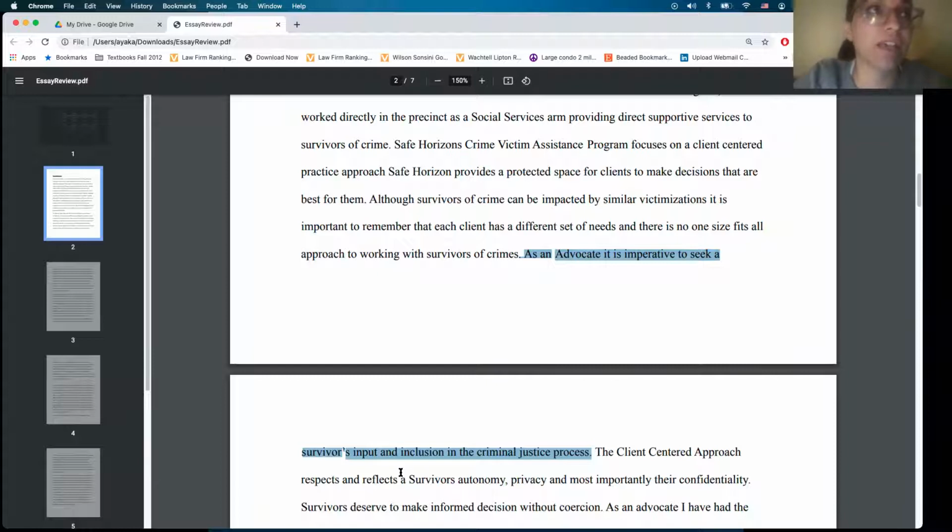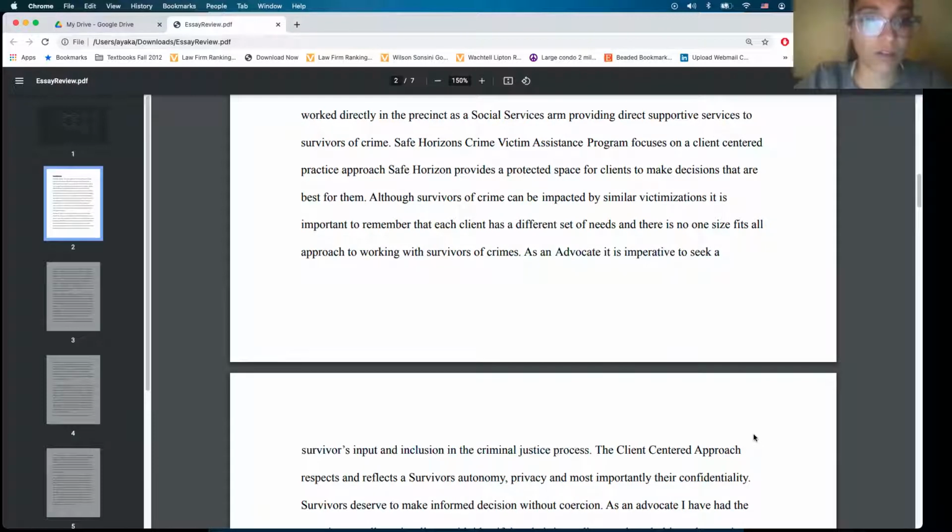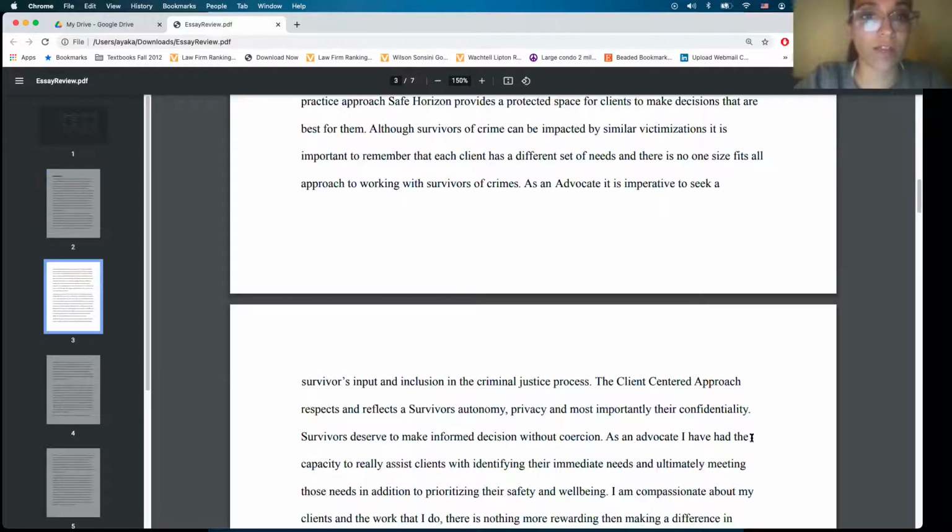The first thing I would say is there's a lot in the essay that they can absolutely, I would suggest, delete, where they're saying, for example, a good lawyer does this, or a good attorney would do this. You just don't need to say that. You don't need to make a case for what